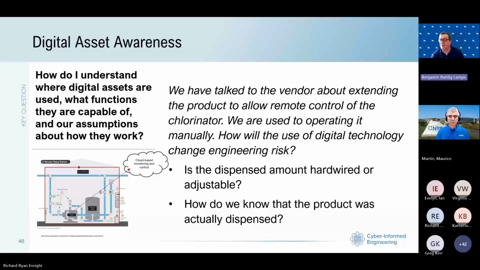Because an adversary can position themselves in the middle and present a false story to your operator. So is there a technique then you can work in the system to help ensure that it's actually dispensed and the actual amount is